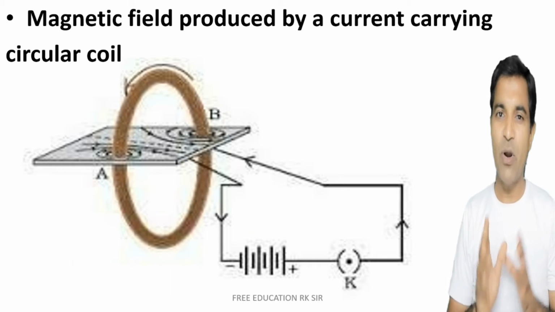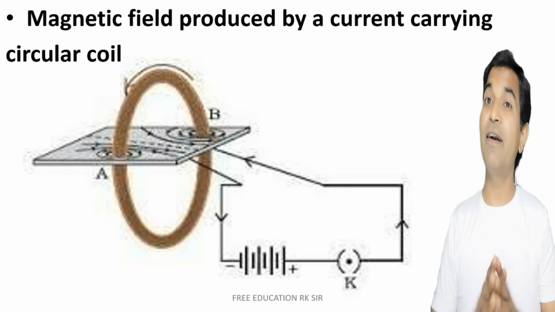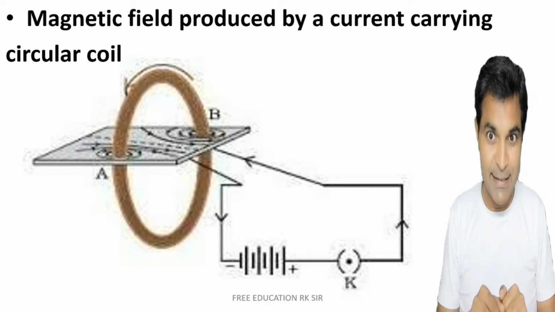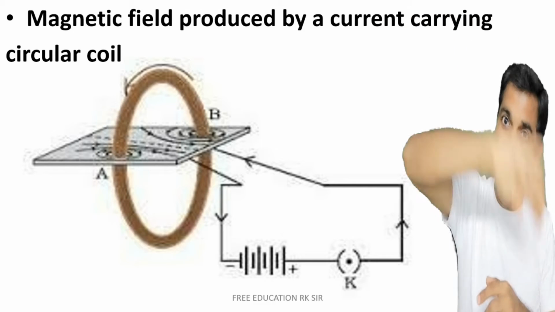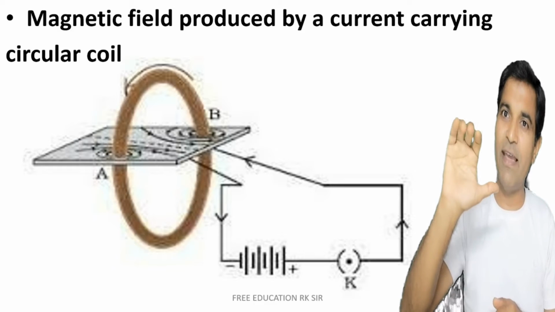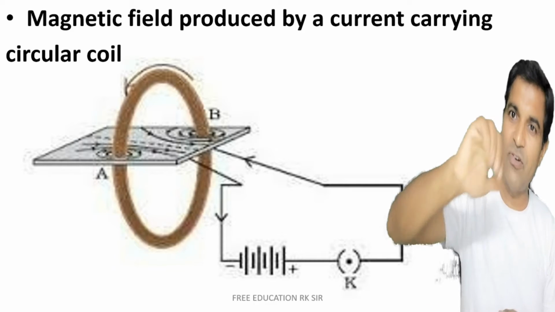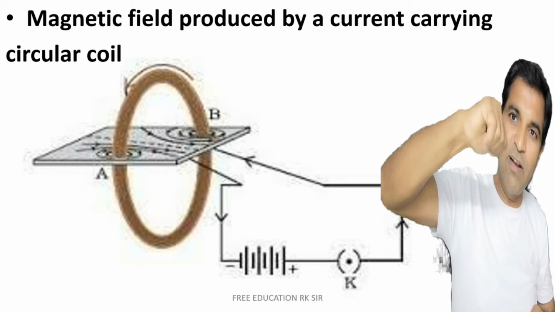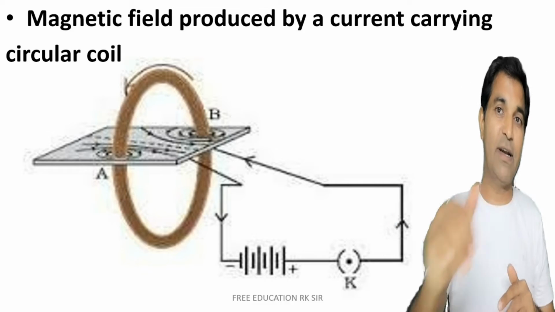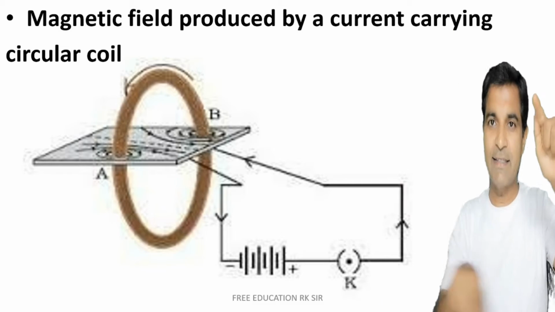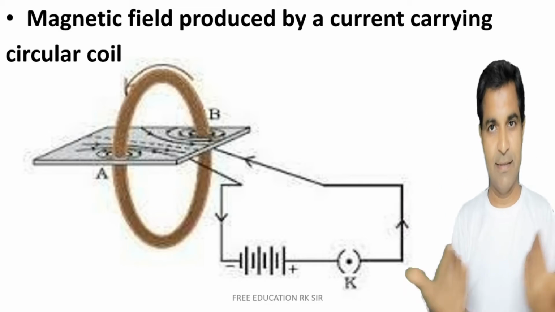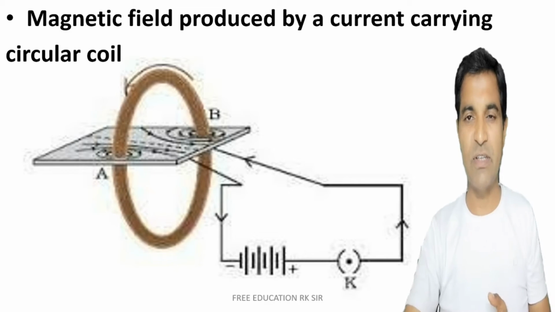Now, when we are talking about the magnetic field produced by a current carrying circular coil, it was very clear that if this long straight conductor is bent like this, then in the same way, according to the right hand thumb rule, the direction of the magnetic field will be given. Hence the direction of current, if it is circular in shape like this, will be like this. You will have to visualize this situation in your mind.